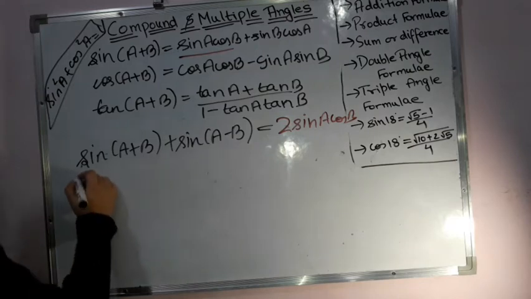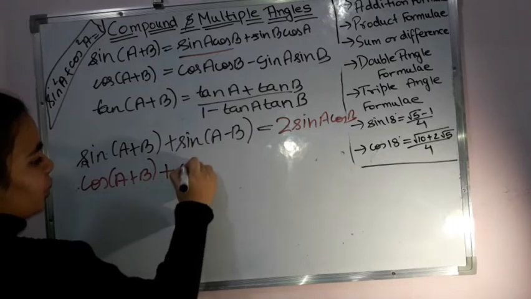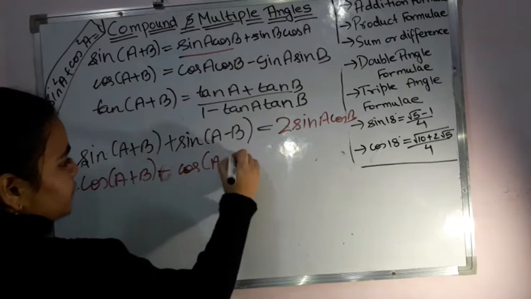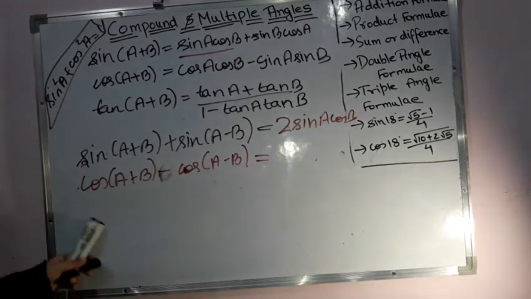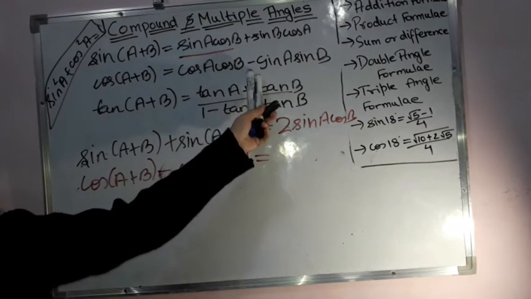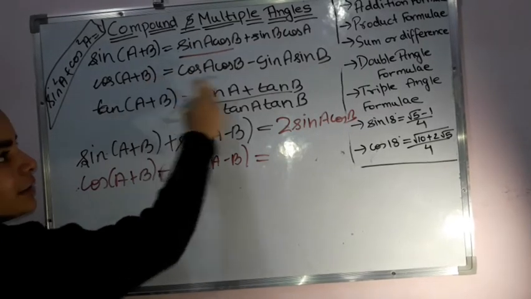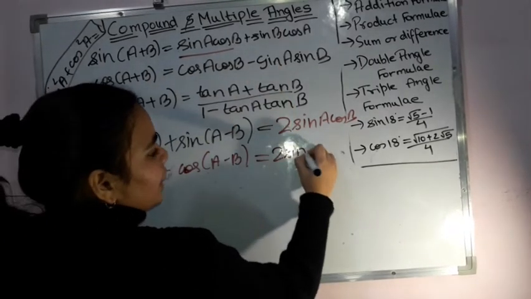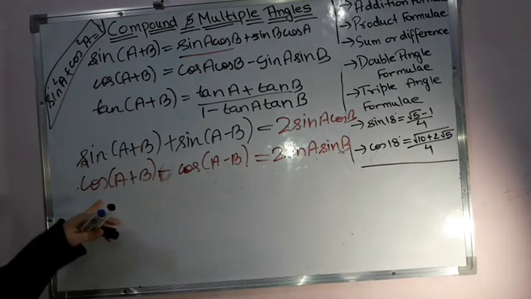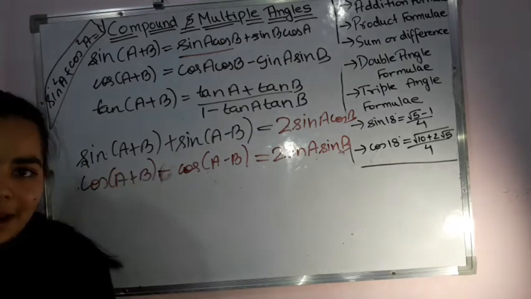Then quickly seeing for the cos one. So cos A plus B I have, and let us see for minus this time. So minus of cos A minus B, then if I have it like this, cos A plus B, I know this is there, cos A minus B will become plus over here, and so it will become plus and this will become minus. Plus minus, they both get cancelled. That means 2 times I will have sine A sine B. So is it clear? This is how you can get cos A plus B minus cos A minus B, and similarly you can get for cos A plus B plus cos A minus B.